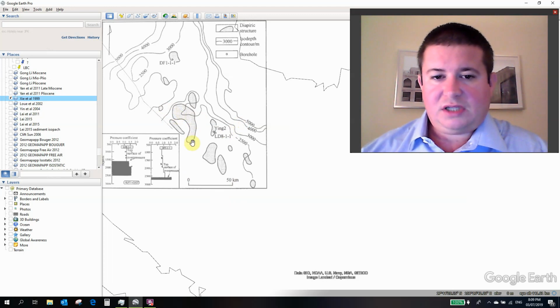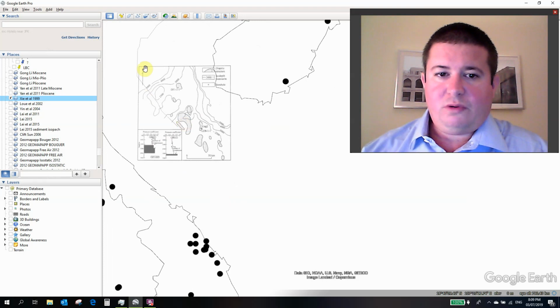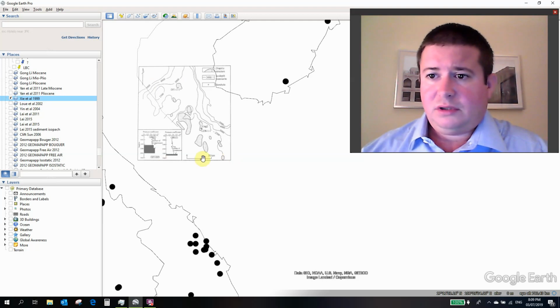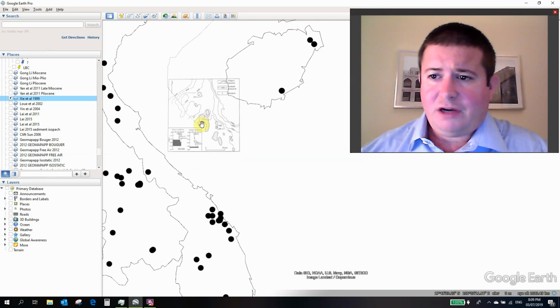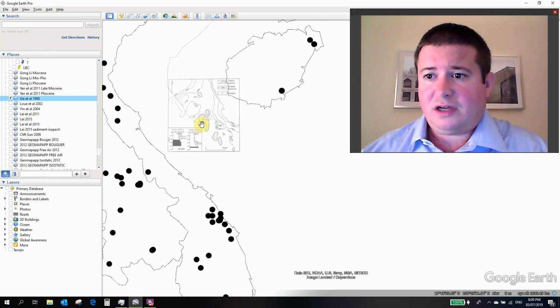Now I start seeing this circular pattern. Now, by the way, with all these papers, many are not well defined exactly where they are. Some of them have a grid, but then the country outlines don't work with them. Others, the country outlines work. And so which is it, country outlines or grid? Some of these are very commonly up to 10, 12, 15, 20 kilometres off in terms of uncertainty